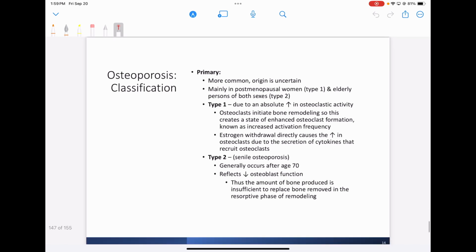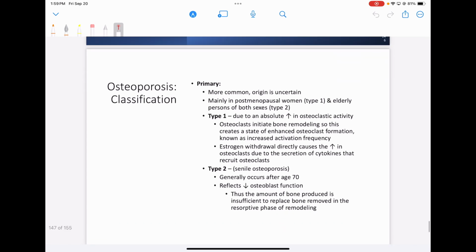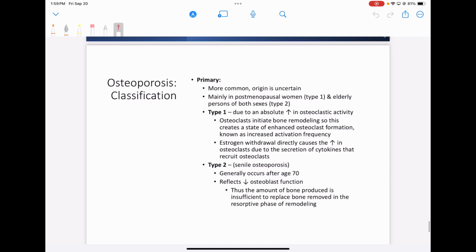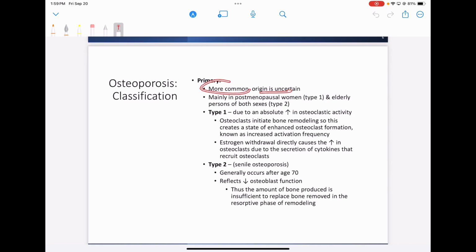Two types of osteoporosis. Primary origin is uncertain, but is the most common one. We don't know why they have osteoporosis. There's no underlying cause. It could just be due to age and so forth. Again, type 1 is primarily postmenopausal women, and type 2 is both sexes, but it's going to be the elderly version. So type 1,